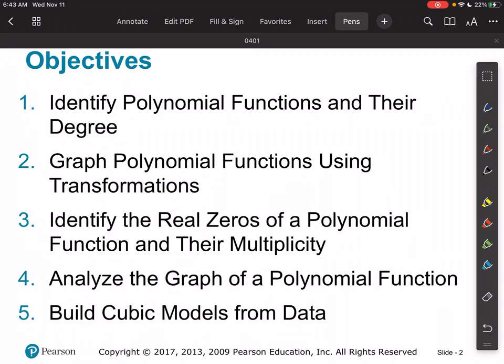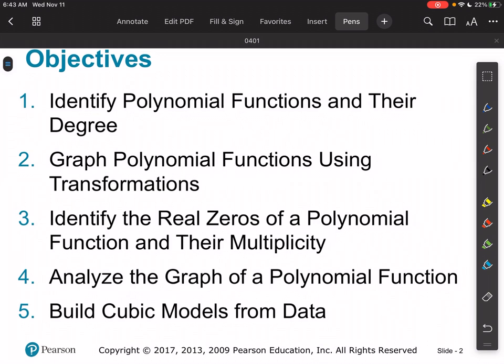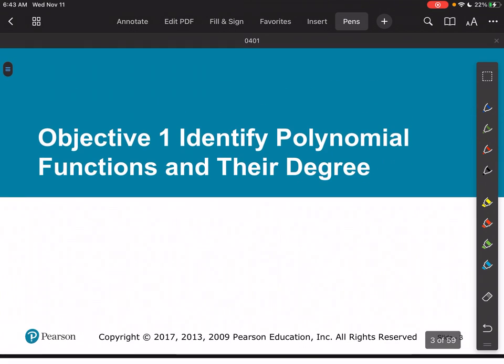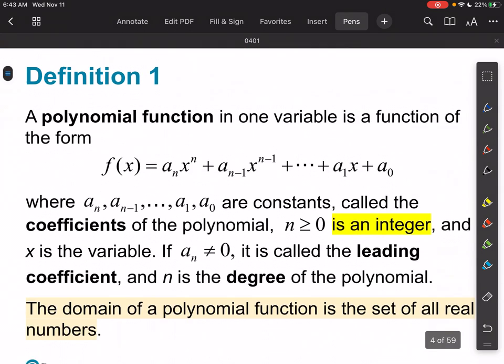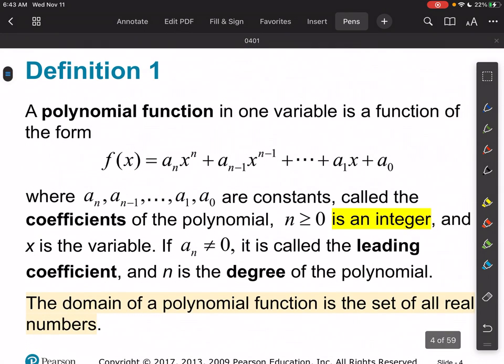Let's try, at least in this video, to get through the first 2 or 3 objectives. So here we go. Objective 1, identifying polynomial functions and their degree. Okay, so to identify a polynomial function,